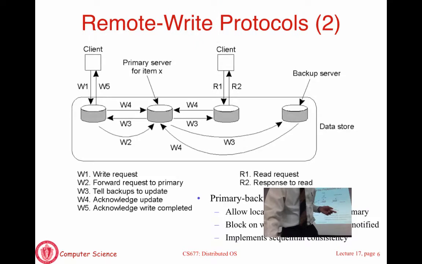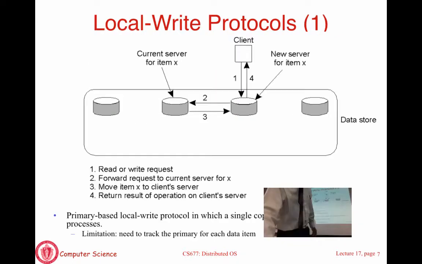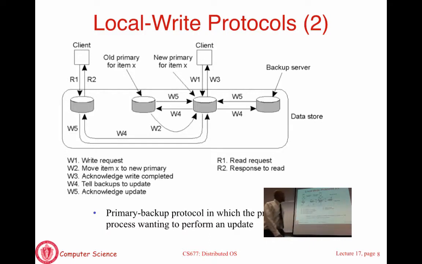Okay. In the previous case, the primary is static. It is this machine. Okay. In this case, the primary keeps changing. So you basically say, initially there's a write request. You forward the request to the server. The server delegates to you, say you take over. You can process the writes locally. You don't have to send them to me. So you process the writes, and then once those writes are processed, you do have to send them to all of these other replicas. Okay, which is basically what is shown on the next slide.